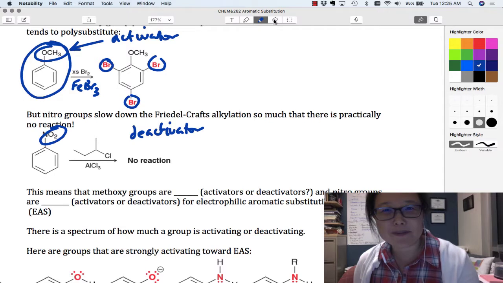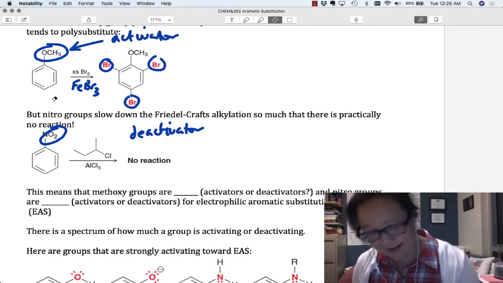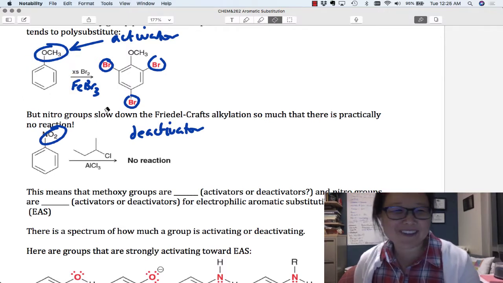This nitro group is like the friend that never wants to go out with you when you feel like going